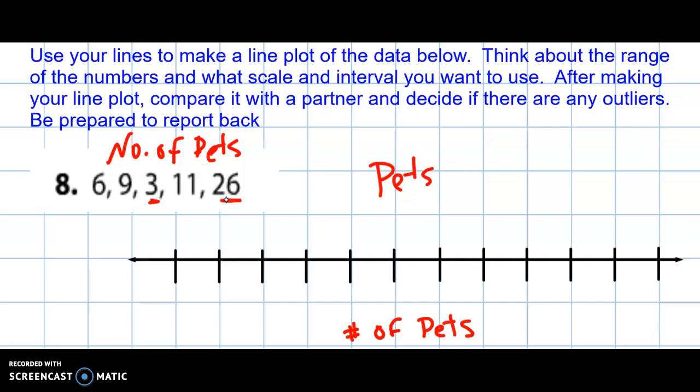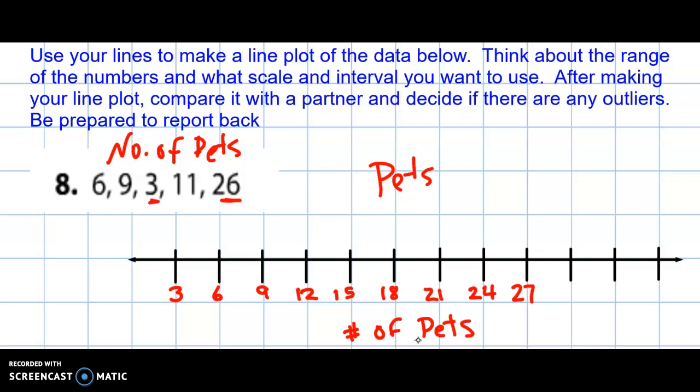Okay, so I'm going to start with 3 right here. So 3, and then 6, 9, 12, 15, 18, 21, 24, and 27. Okay, so that gets us from 3 to 26. Okay, so once we have our title, our label, our scale with a consistent interval, then we can plot our